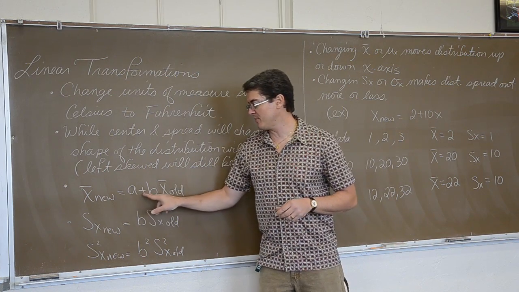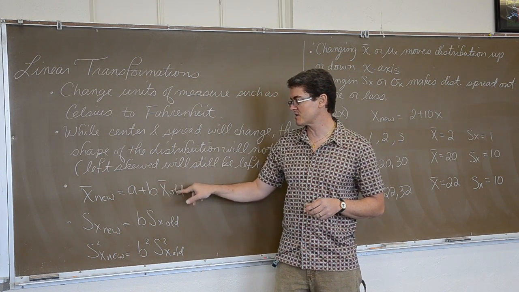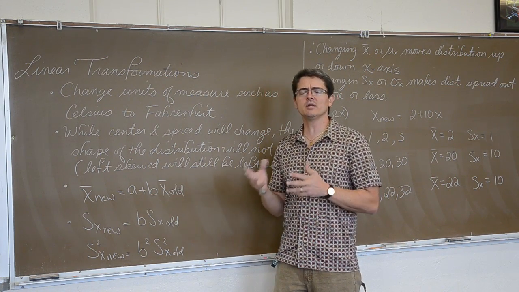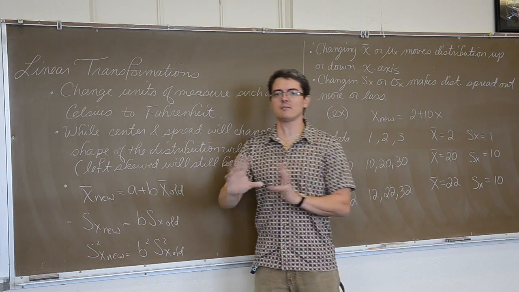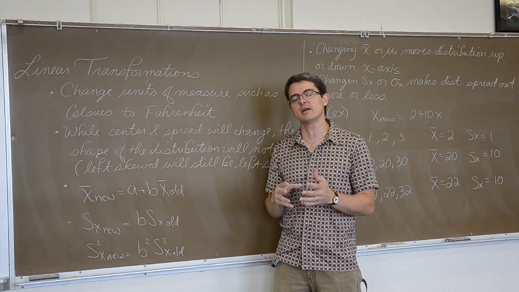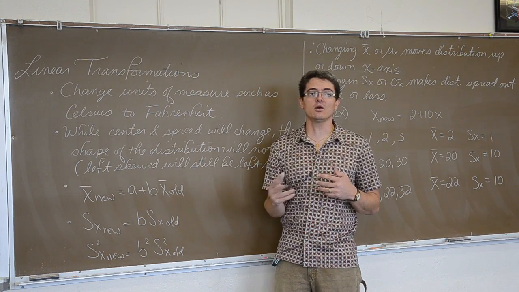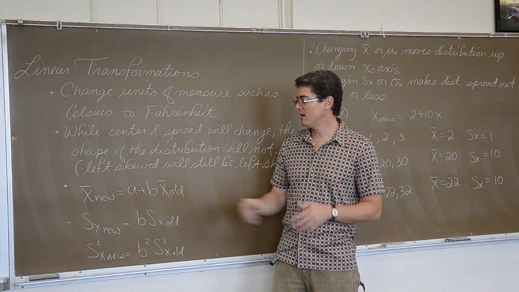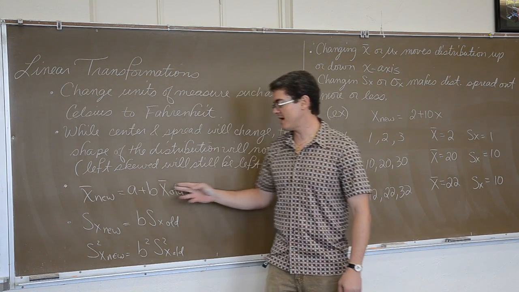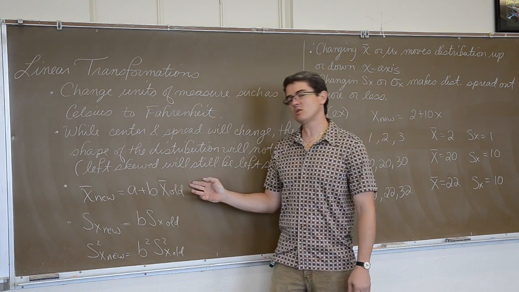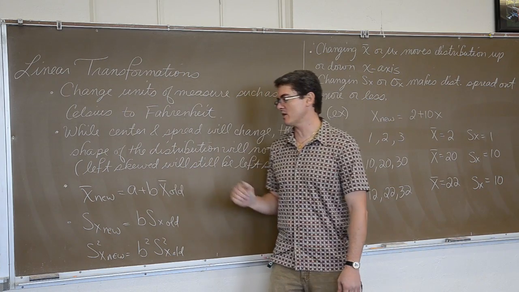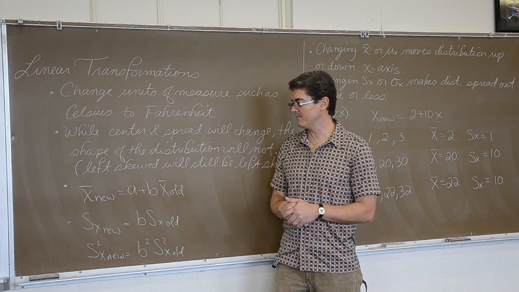The formulas, which you will not see on your AP Stats formula packet, are x new equals a plus b times the mean of x, the old mean of x. When you do a linear transformation, you don't have to run all of the numbers through it if all I care about is, hey, what's the new mean and new standard deviation? Or what's the new median and the old IQR, or something like that. So this formula says that your new mean is found by taking your old mean and running it through the entire linear transformation. I'll do an example in a second.